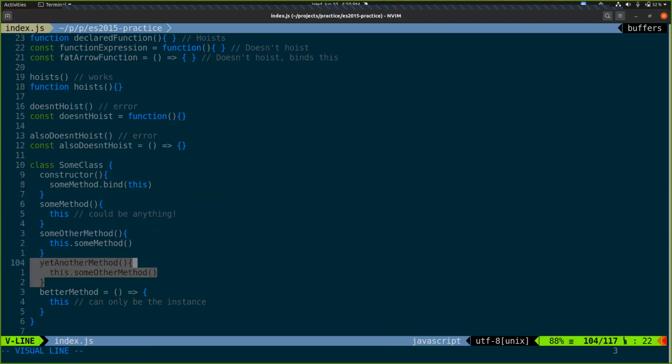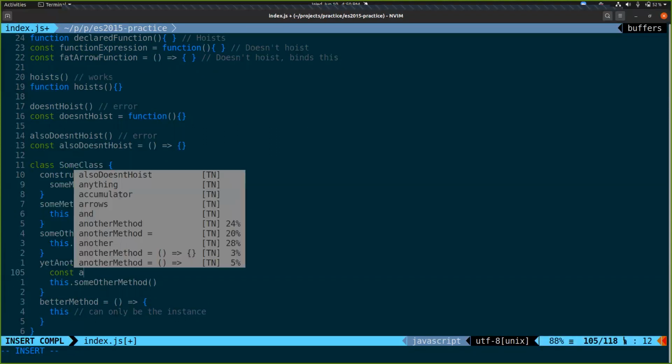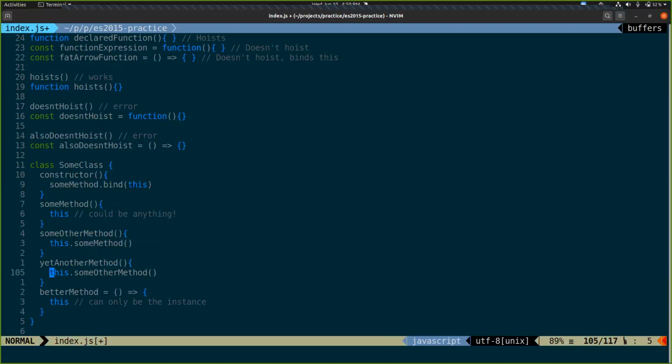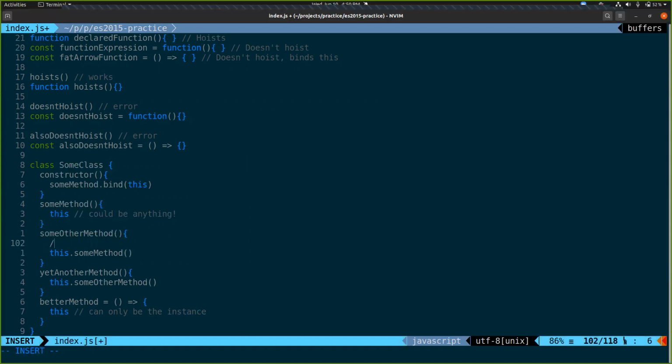In yet another method, this refers to the instance. In some other method here, this refers to this function body. By the time we get to some method, this is way lost. This is referring to the body of this function. Dumb.